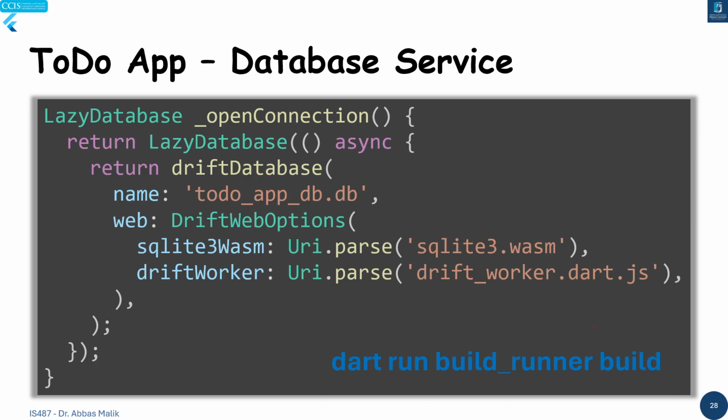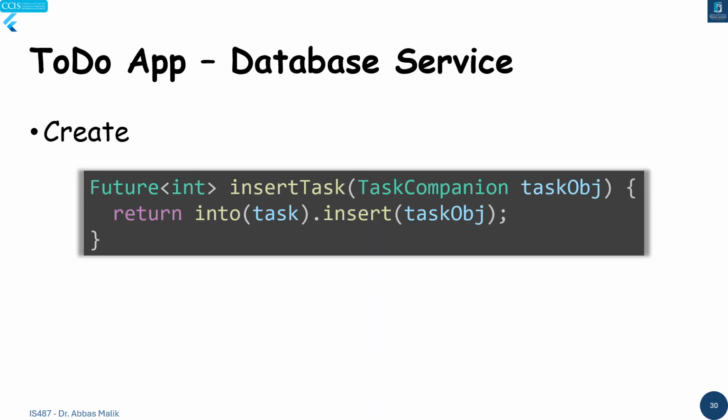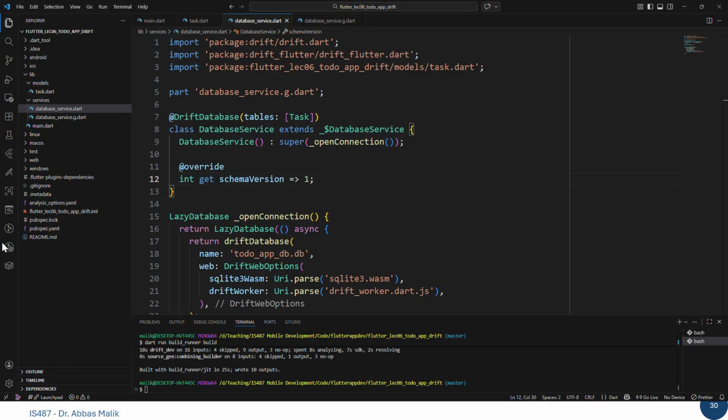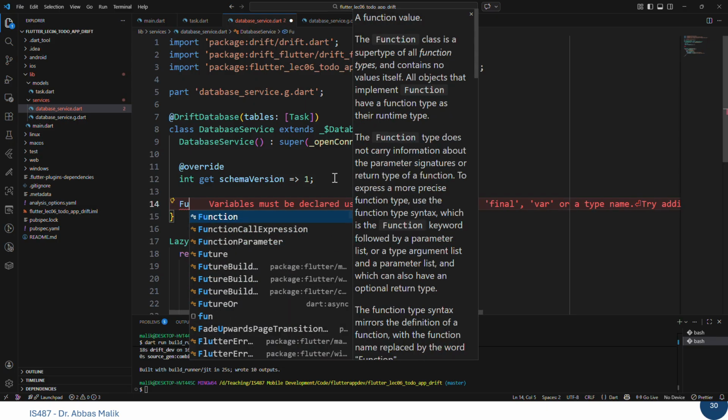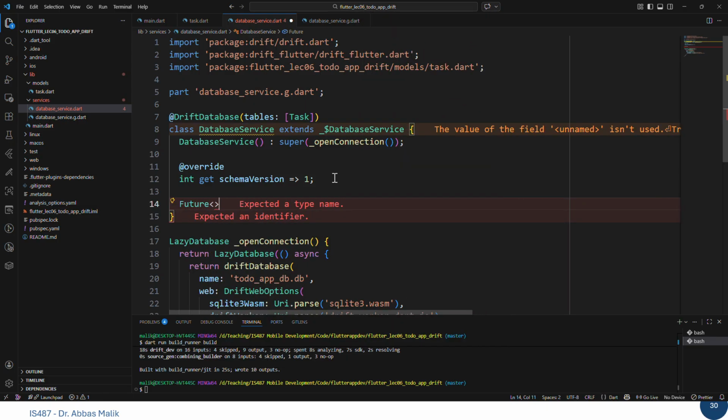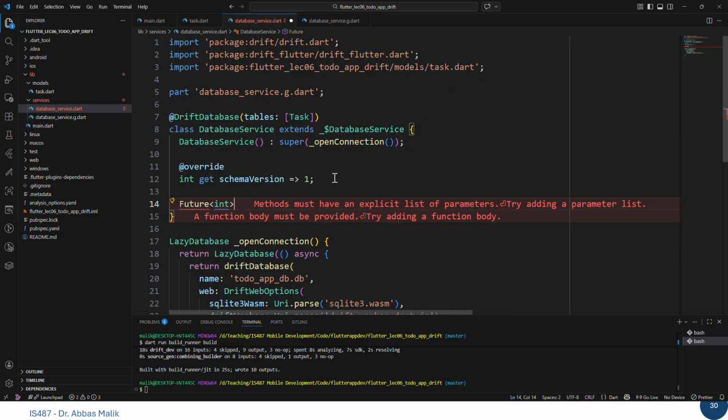Of course, once we have created that model, then we need to create the methods or the functions that will help me to insert the records inside this database table or to read from it and so on. So let's come back here, and inside this class, after this one, we are going to create a new method. It will give me a Future, with an integer value. That is, it will return me